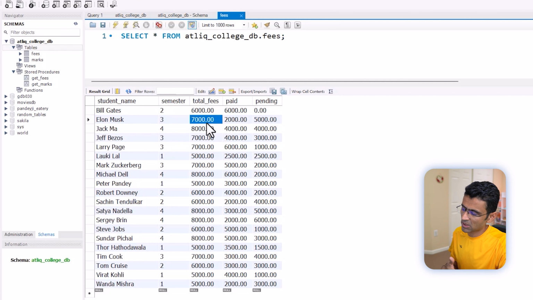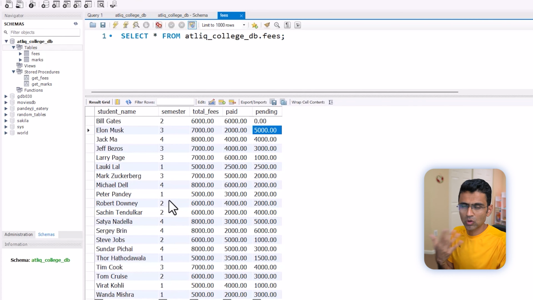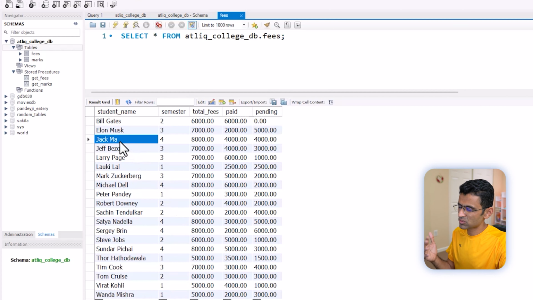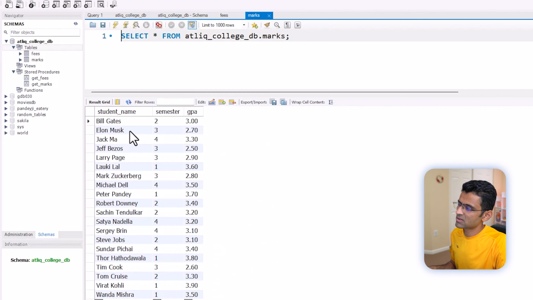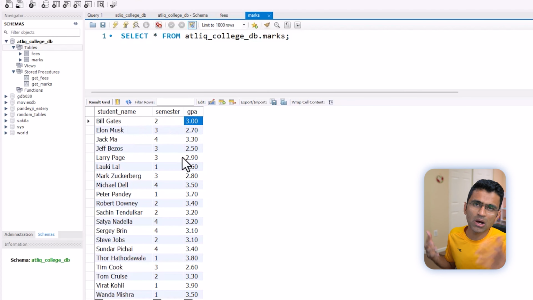But Elon Musk, because he has money problems, has paid only $2,000, and he has $5,000 pending. Simple table. In real life, college databases will not have student name as a primary key. They will probably have student ID here, and student information will be in a separate table. But we want to keep things simple. That's why we have this kind of simple schema. And the second table is marks, where there is student name; in second semester Bill Gates got 3 GPA out of 4. So that's a simple schema we have.